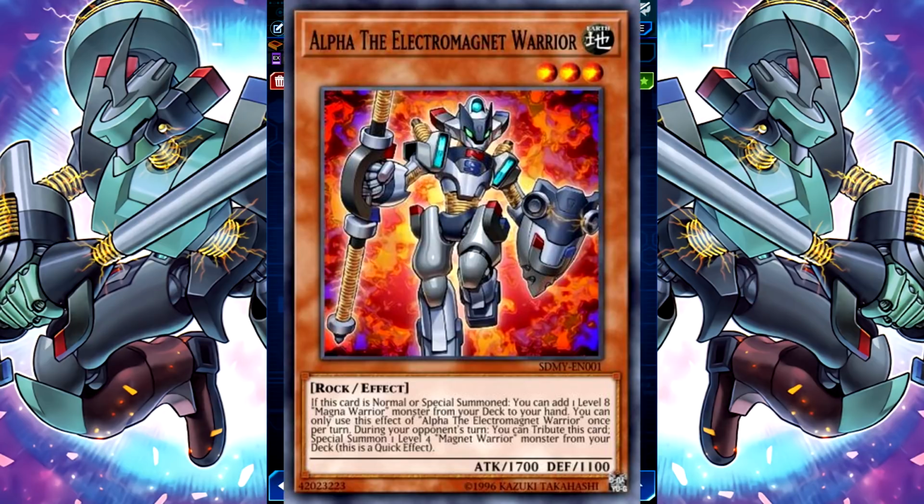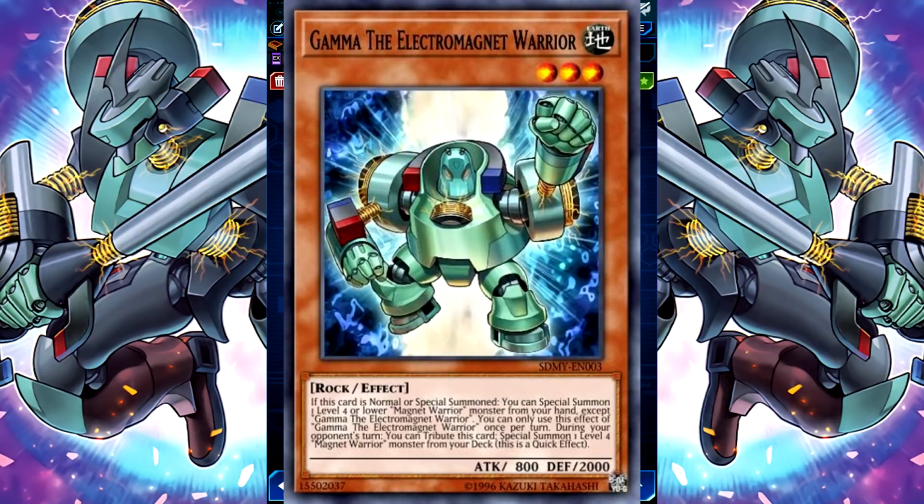Alpha on summon will search for your boss, and as a quick effect during your opponent's turn it can be tributed to special summon a level 4 Magnet Warrior from deck. You'll find this effect extremely useful as it basically allows you to dodge most removal, and provide a very solid wall for yourself. Gamma on summon allows you to special summon another Magnet Warrior monster from hand,